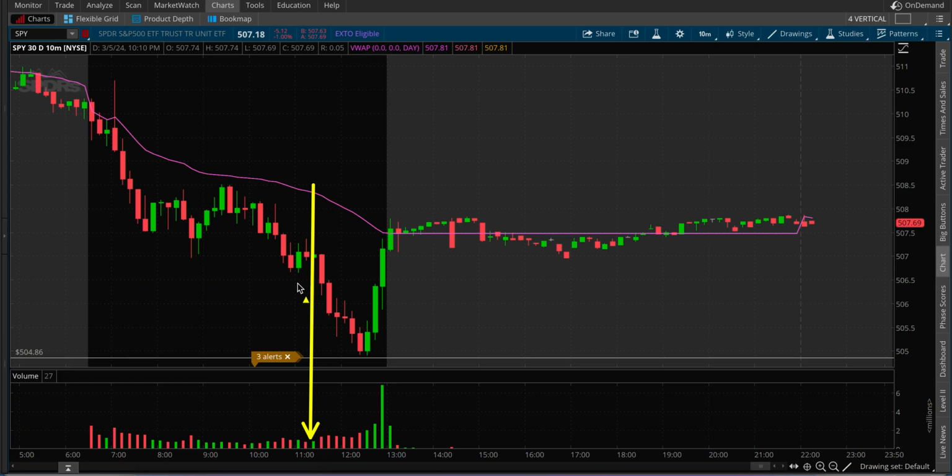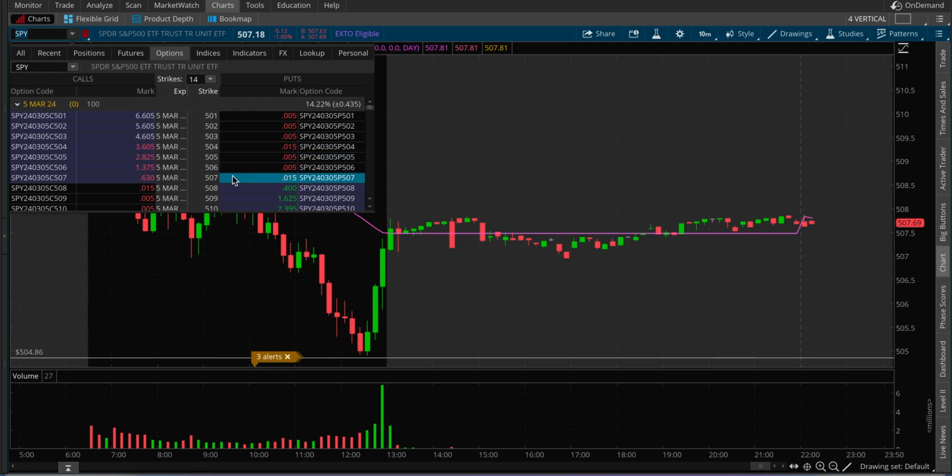Pay attention to time, 11:05. Let's say you even were a little bit late. You were not certain that it would break even this support level right here, and you got in at 11:15, let's say somewhere here. So let's take a look at the daily options now, because the plan is to day trade SPY trading at around 506.77,